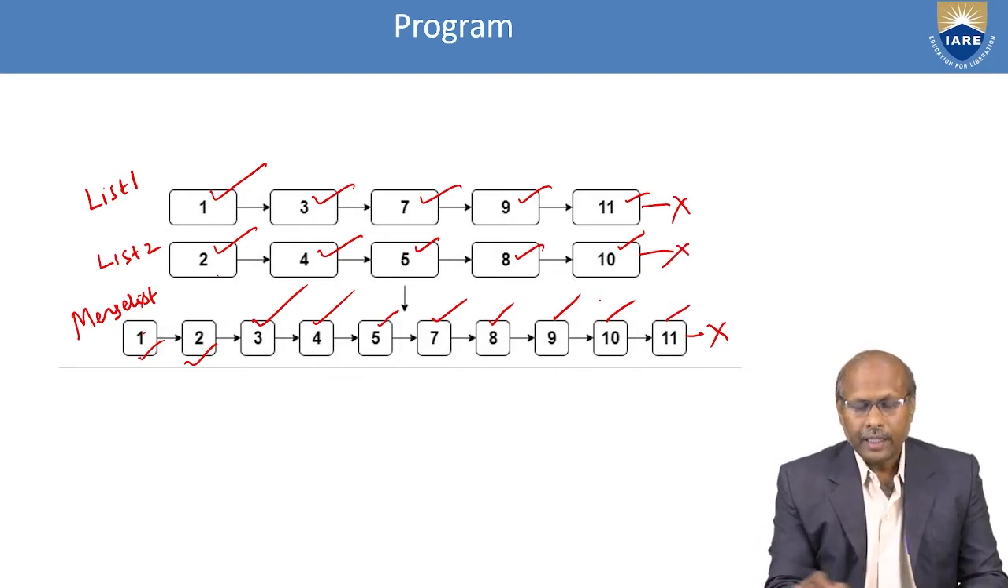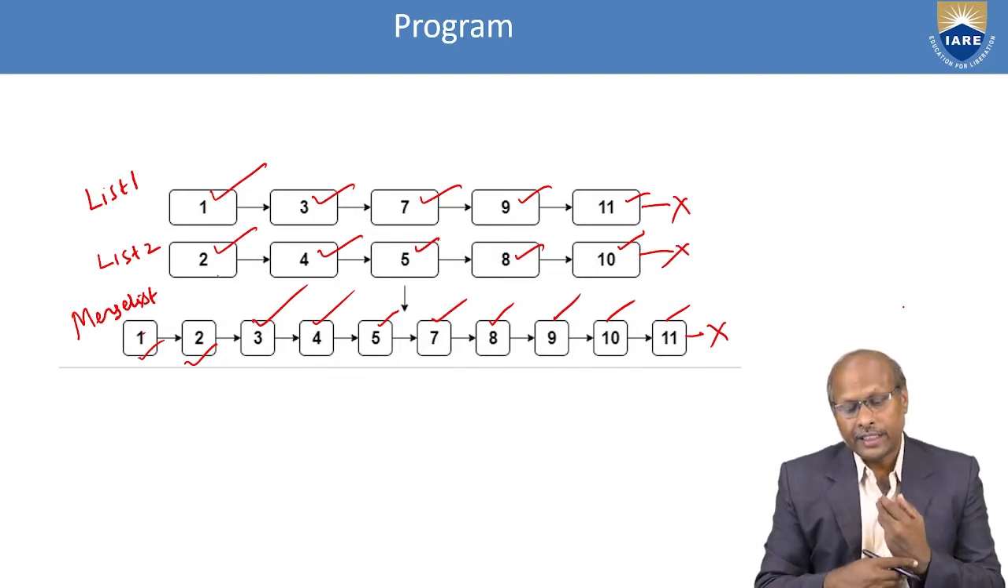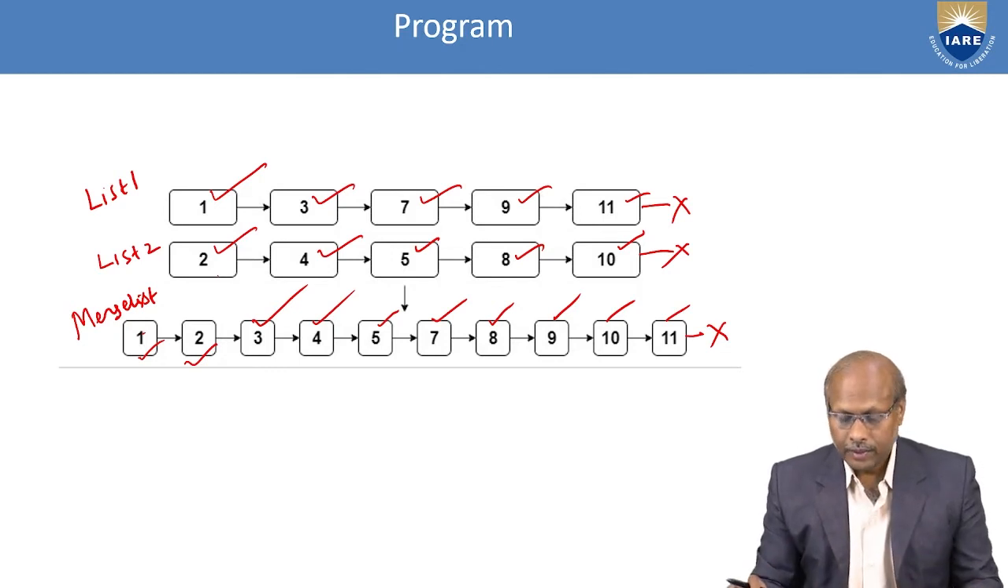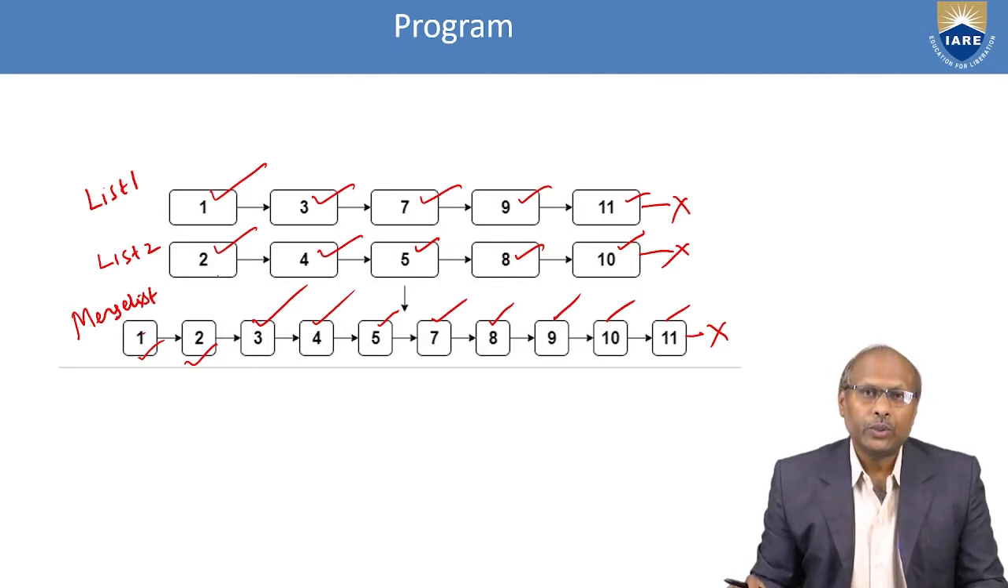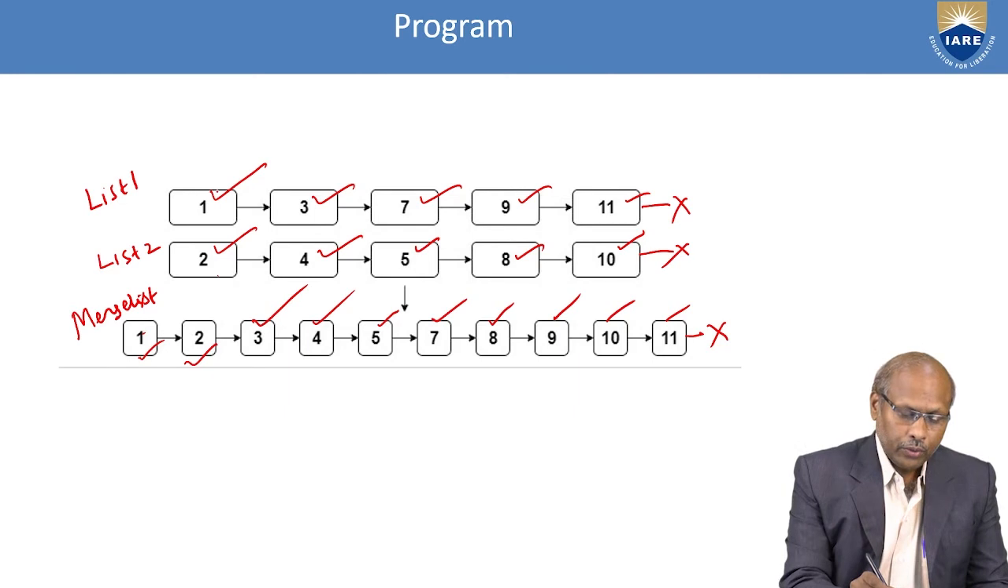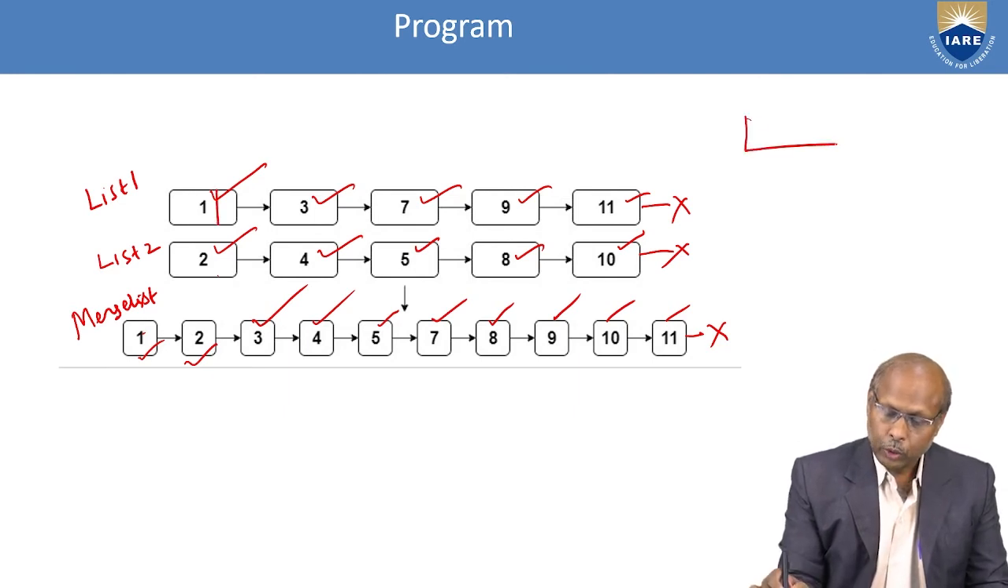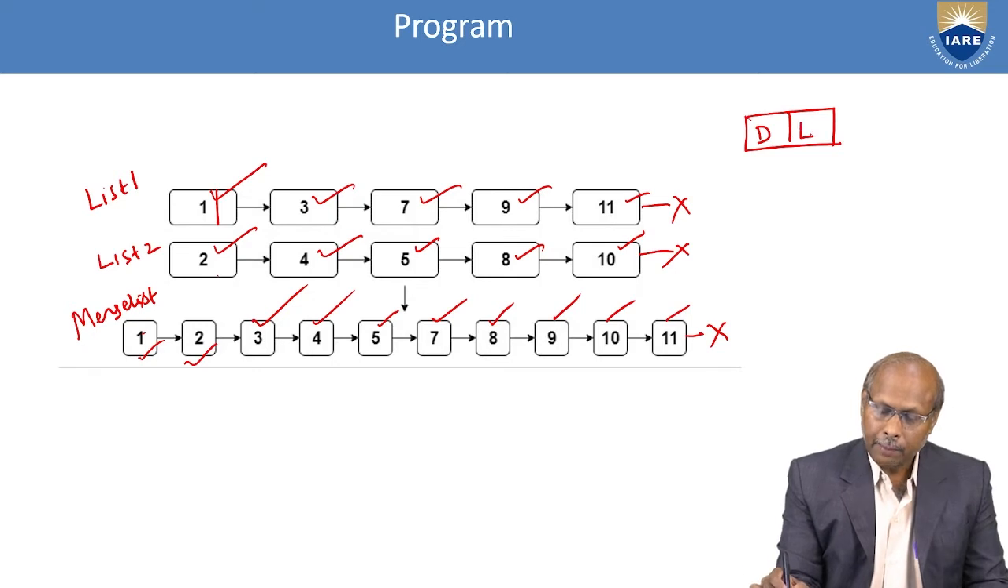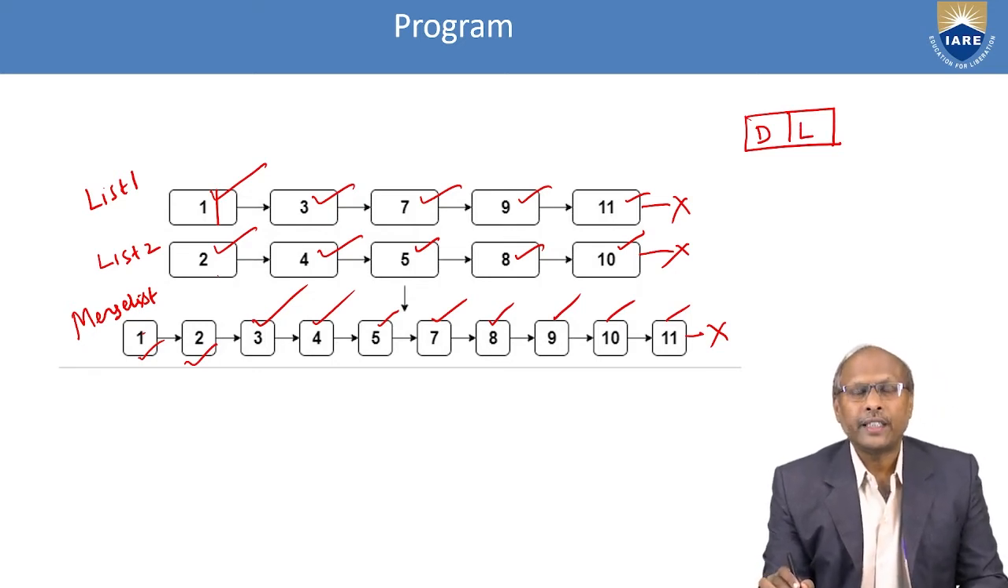So this is my final merge list. So this is your target. First of all, you have to create a node. In every node we will have two parts. What are the two parts? First is the data part, second is the link part, because the link part will be holding the address of the